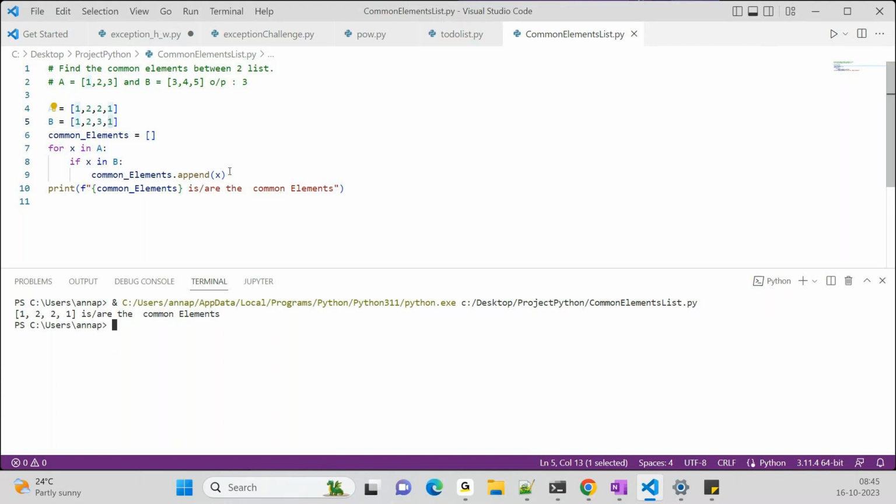So what I can do is, why is it again printing 2? Because it now checks whether 2 is there inside B. Yeah, 2 is there. So it is going to tell that it is a common element. But here, what I'll do,